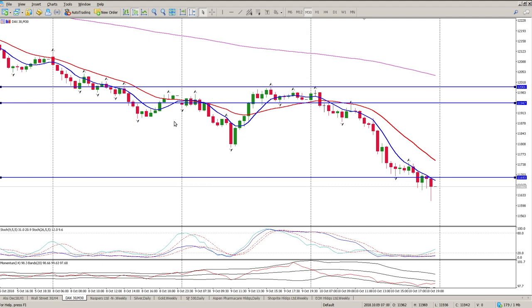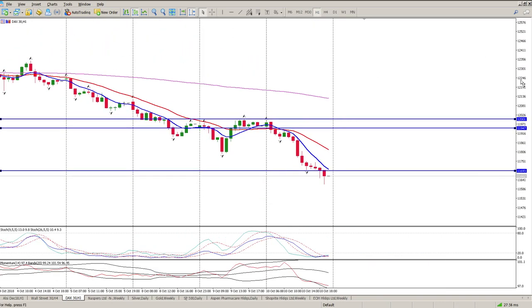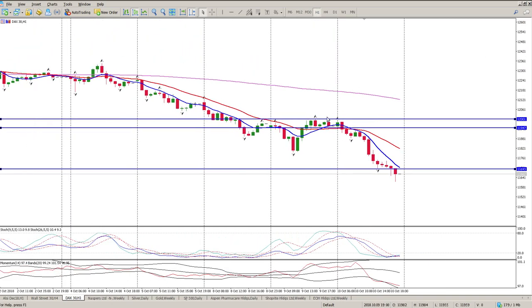Currently the futures market on the DAX is sitting at 11.5, so still down an extra 0.35% at the moment. And the Nasdaq closed down 4% yesterday. I have a feeling the sell-off is going to continue a little bit still. So if you're looking for longs like I have been, I think probably just carry on holding on to your money and wait for some kind of a